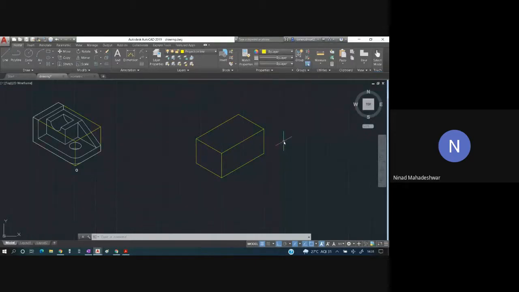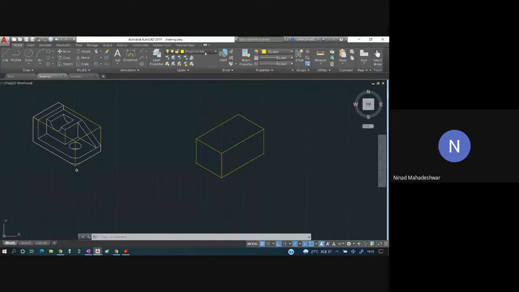So let us start to draw the front view of this entire section.